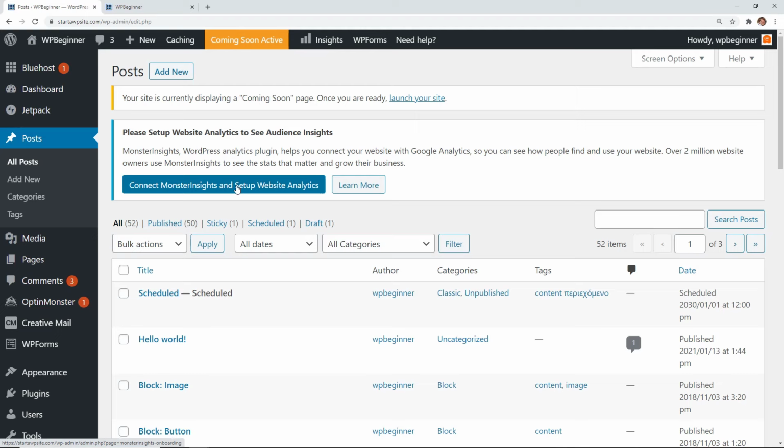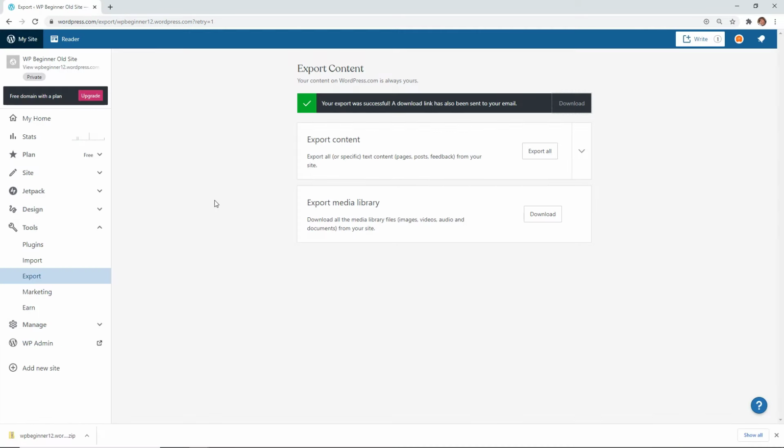And these are pretty crucial decisions that you need to make. If you don't really care about sending people from your WordPress.com to your WordPress.org site, then you can simply turn it off or set it to private. If you have a lot of content, or a lot of blog posts that are in search results, then you'll want to make sure that you do the next step. But if you're just turning it off, you can go back over to your WordPress dashboard of your WordPress.com site,